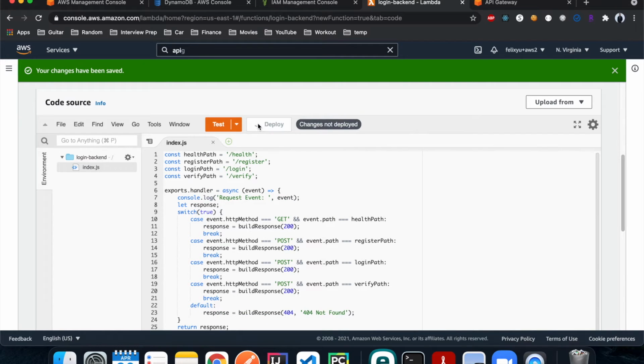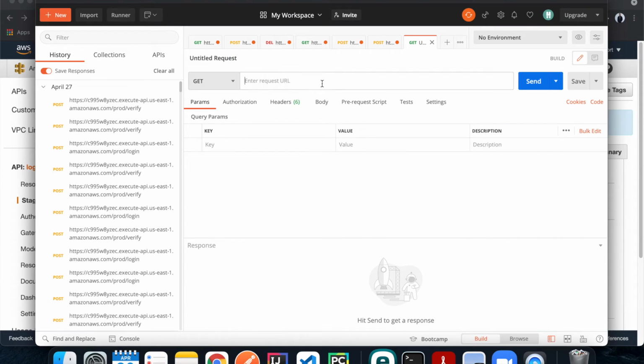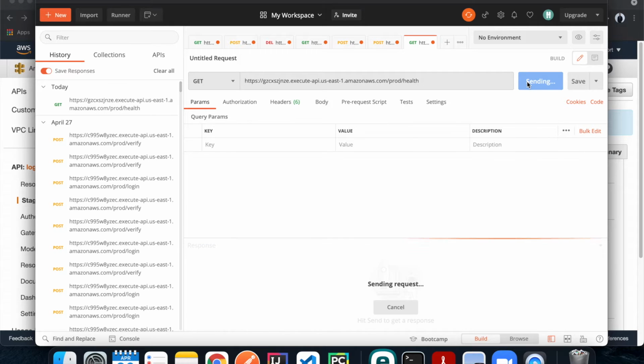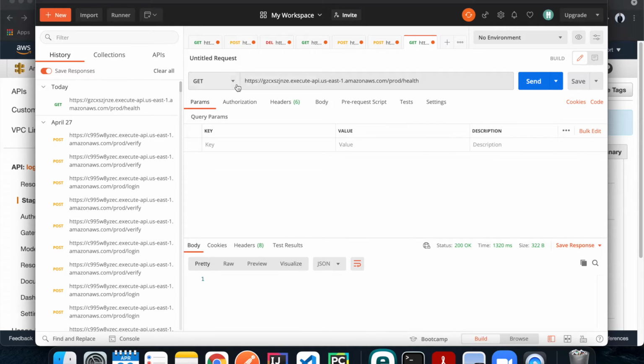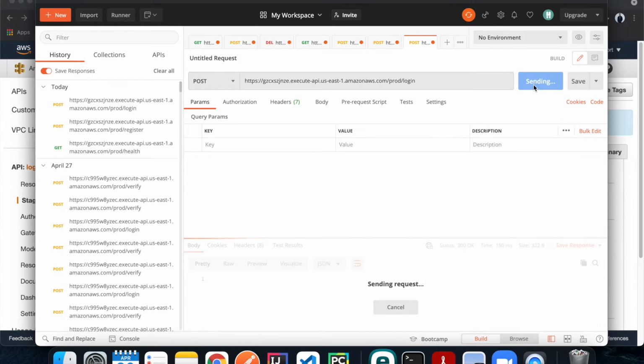Alright, hit deploy. And now let's test our dummy API. Go back to API gateway and copy this URL. And now let's go to Postman. Paste that URL here. And then the first one is the get method for the health check. Let's hit go. Alright, it's 200. And then post register, 200, so that's working as well. And then login 200, and then finally